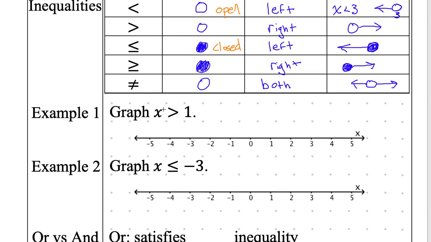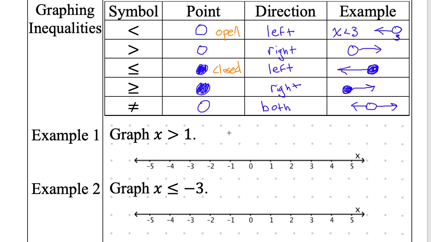I need to graph x is greater than 1. So I'm going to come up to 1, and on the number line, actually I can do it above it or I can do it on it. If I do it above it, it's a little bit clearer, so I'm going to do it that way. So if it's greater than 1, is it a closed point or an open point? And you should say, oh, if it's greater than, it's an open point. So I'm going to do an open point above 1, and then